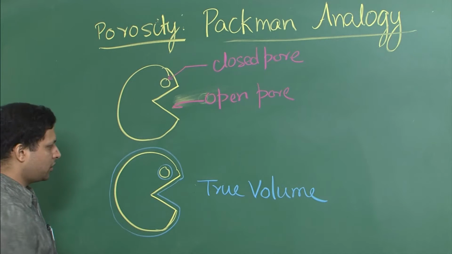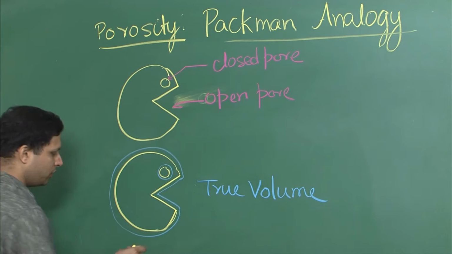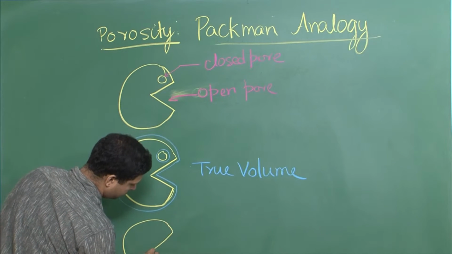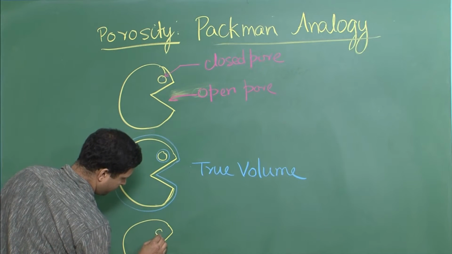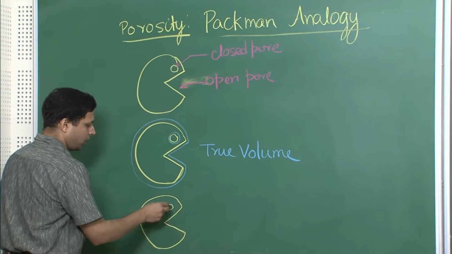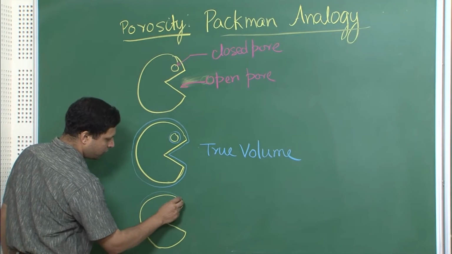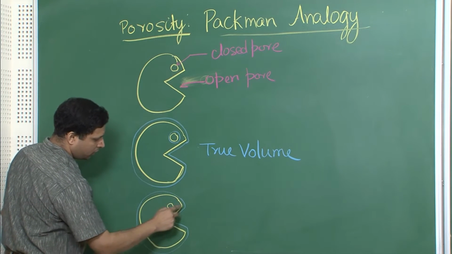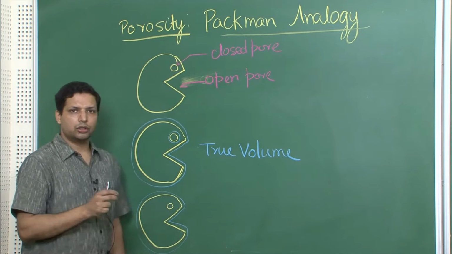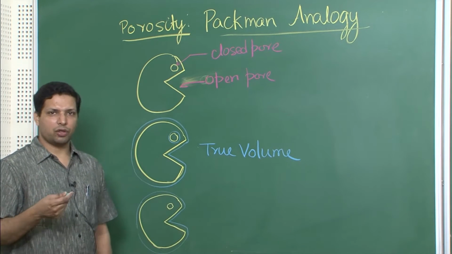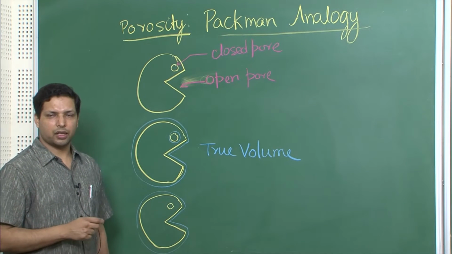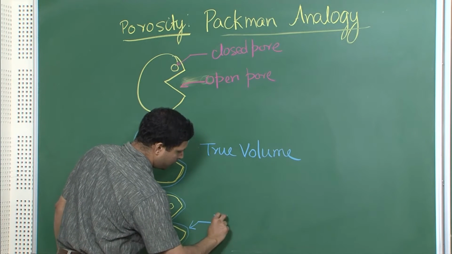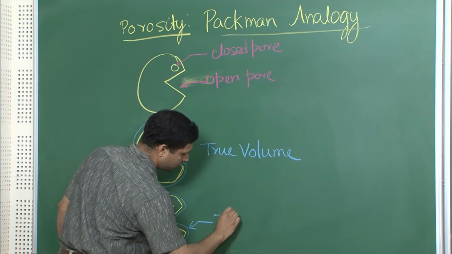However, in most cases it will be difficult to estimate this volume, and therefore, what you will be estimating is what will be called an apparent volume. What you will actually be calculating is you will include this volume but only exclude this open pore volume, and therefore, you will be taking into account this whole volume including this volume. So, some extra volume has been taken into account, and therefore, the density that you will calculate will be lower than what it should be for the true density. So, this will be your apparent volume, not the true volume.